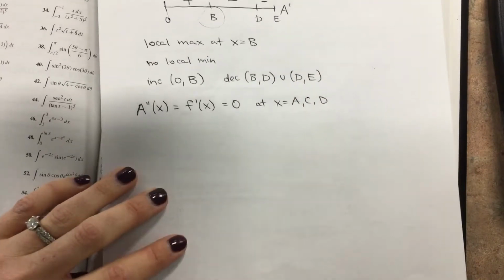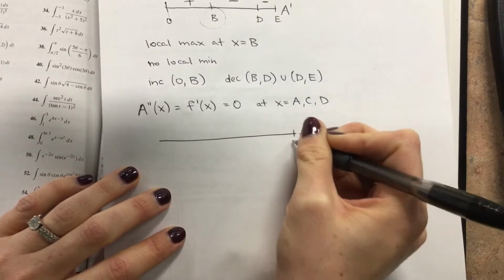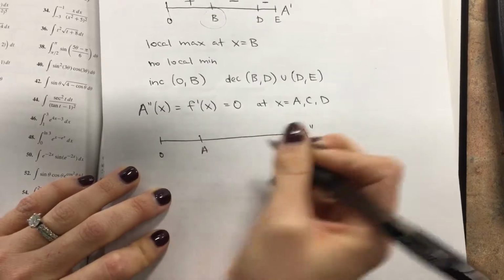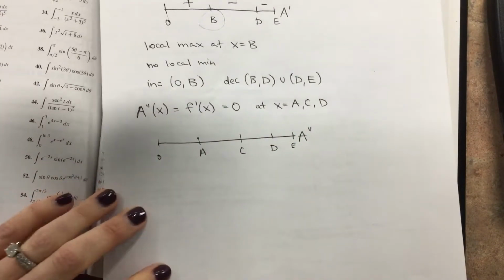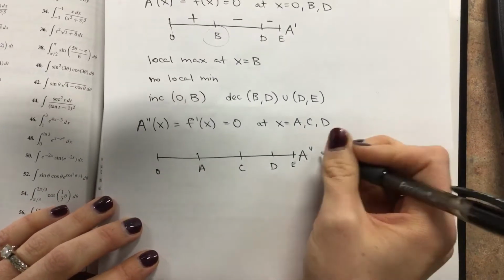Okay, so now using those points, we can set up a sign chart for A double prime. So we mark E and 0 at the ends here. So we have A, C, and D. Sorry, that's not really equally spaced. So we want to know now the sign of A double prime, which means we want to know the sign